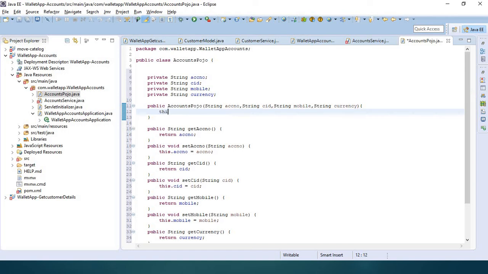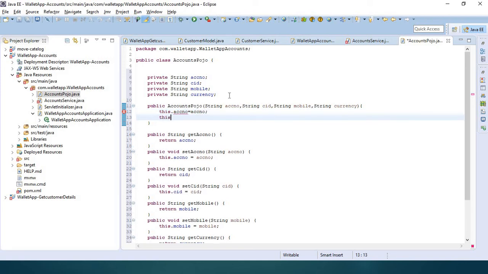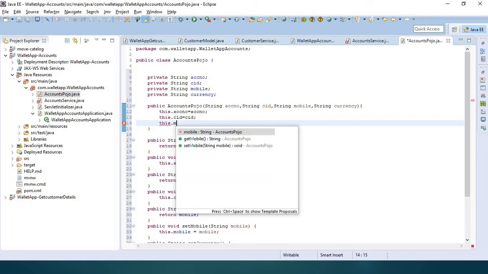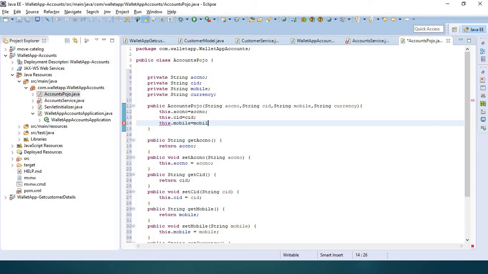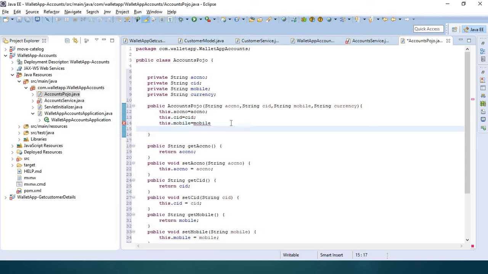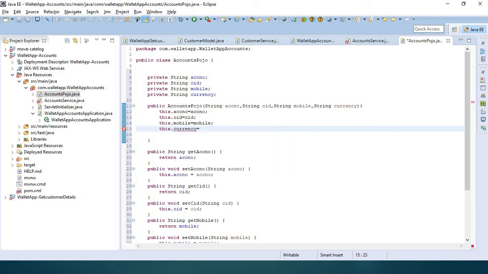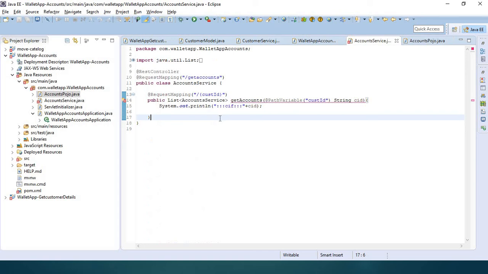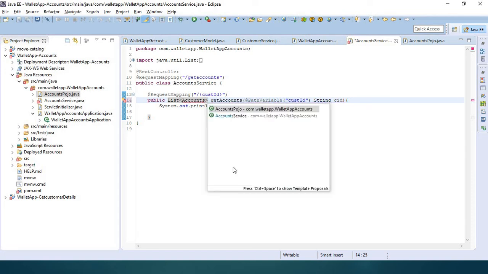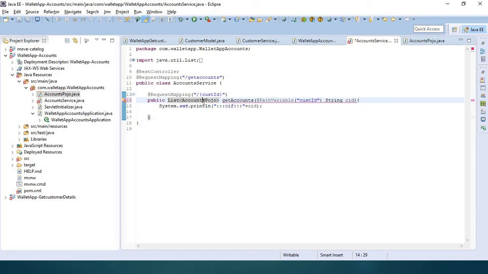Fine. this.accountNumber equal to accountNumber, this.CID equal to CID, this.mobile equal to mobile, this.currency equal to currency. Now we have to import this. Account service is not there, so accounts POJO, right? Yes. This we have to return, that's why it is giving an error. We'll see that, no problem.